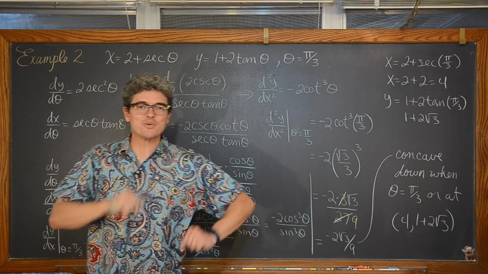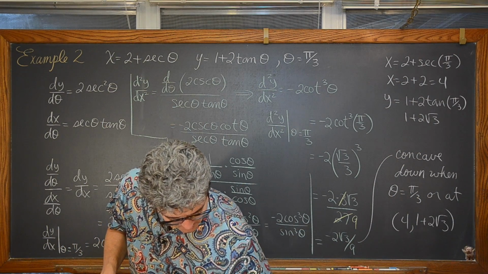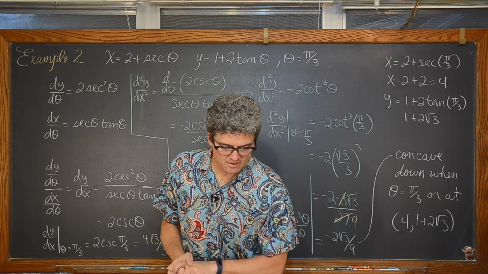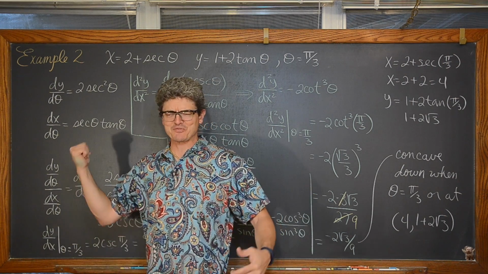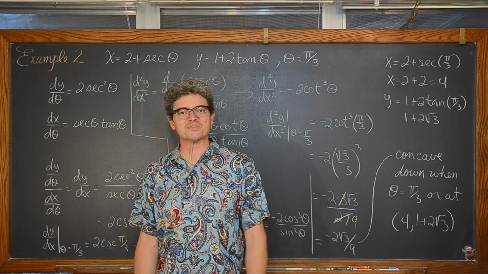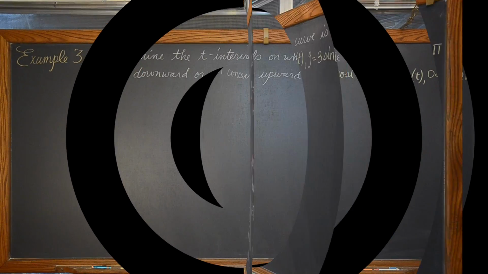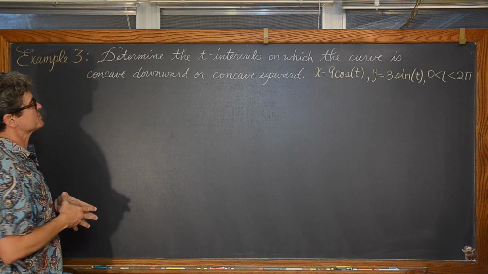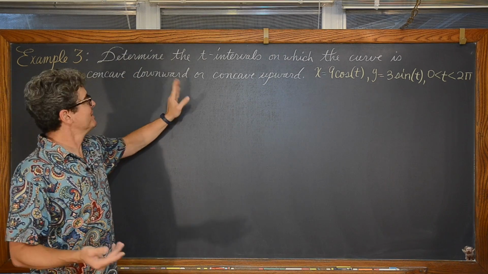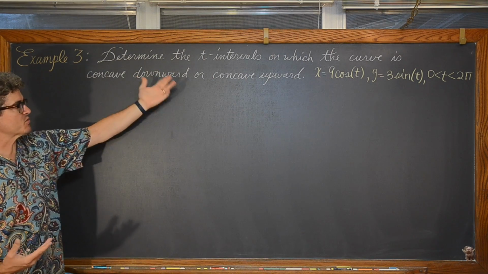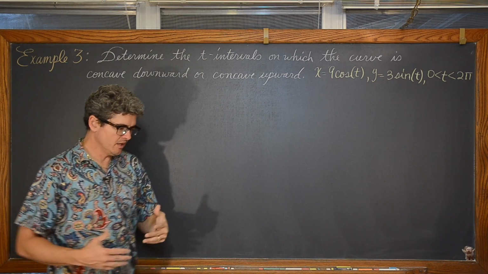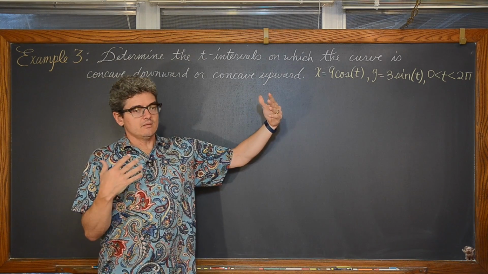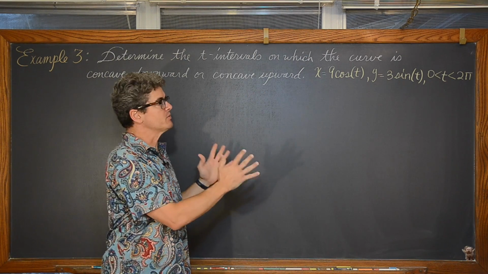All right, last example coming up right now. We're going to determine the t interval on which the curve is concave down or concave up. It'll also involve trigonometric functions, specifically, again, sine and cosine. It's still got trig functions, very similar to the previous example. I'm just throwing this in as a little bonus example. Slightly different wording. And after seeing these first two examples, can you do this question on your own?